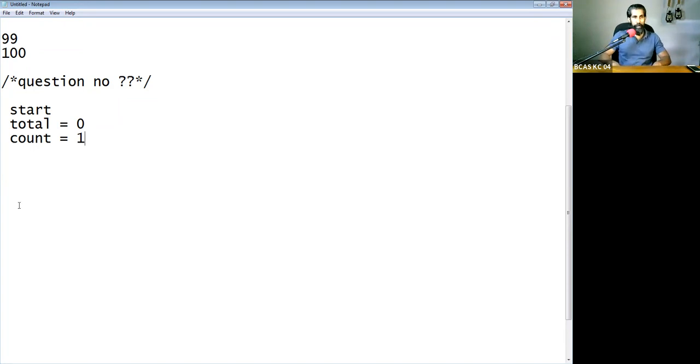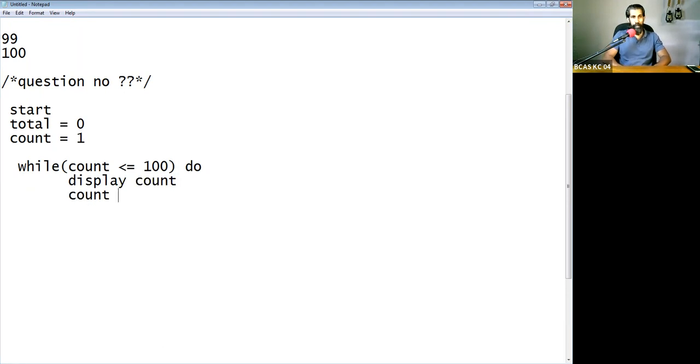Then next, as long as the value of count is less than or equal to 100, this part most of you did. You are displaying the values, right? So we need to display count. You did this part correctly.